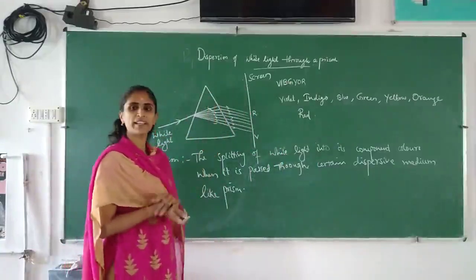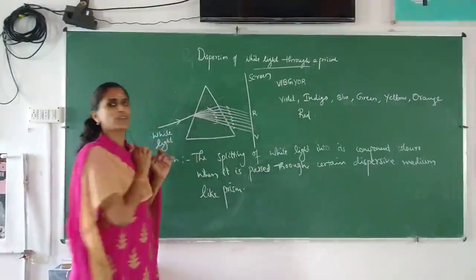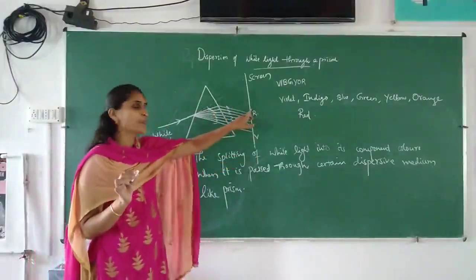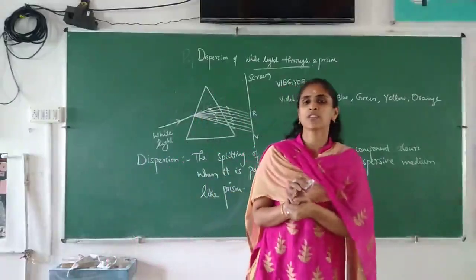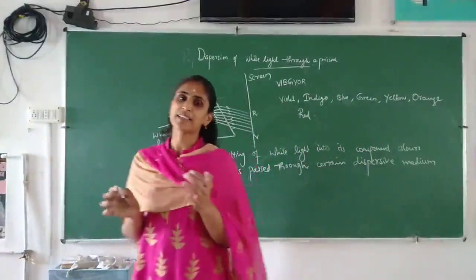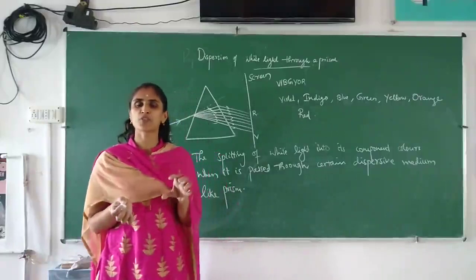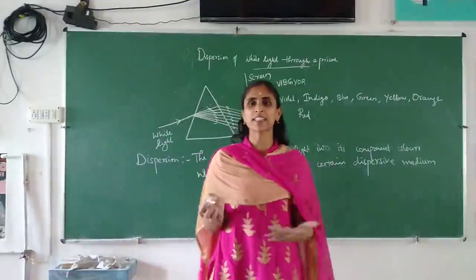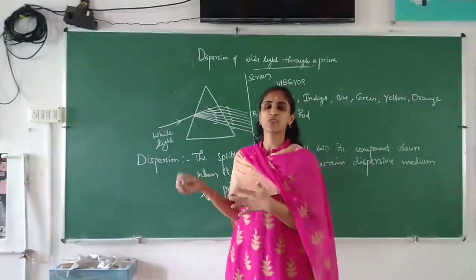Okay, and which will be deviated most? This is the actual path of the ray. From this, which will be deviated most? We can say violet is deviated most and red is deviated least. So why does this happen? At that time Isaac Newton did a famous experiment. At that time scientists thought that the prism is producing color. When light is passing through it, the prism produces its own color, and because of that these colors happen. They were believing that. They were not aware that it is split into 7 colors.